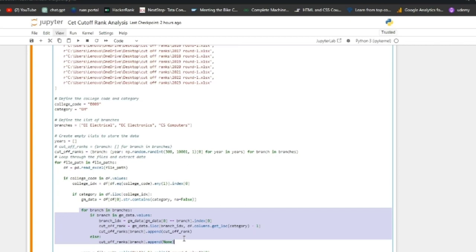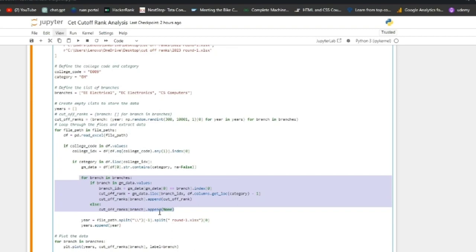So now we'll be checking for the branches. It checks if the current branch is there in the general merit or if it is filtered or not filtered. So we'll be checking for that. And now we will extract the cutoff ranks. After extraction, we will now look for,